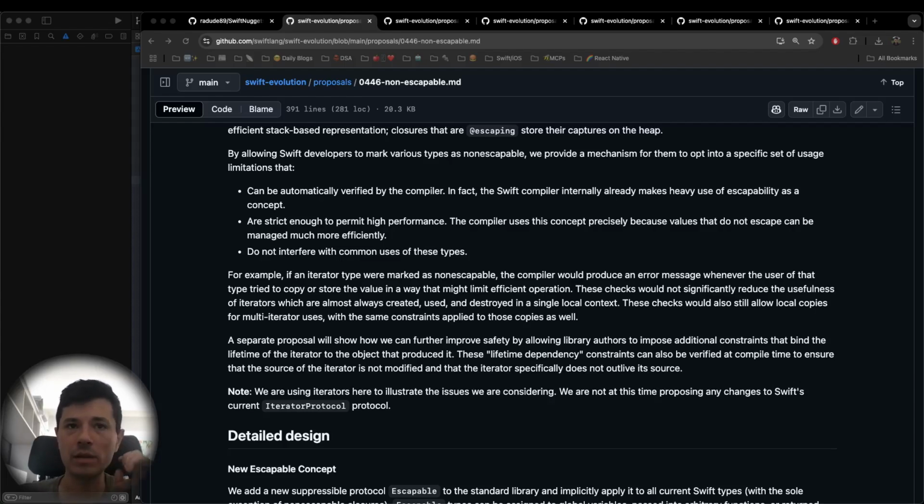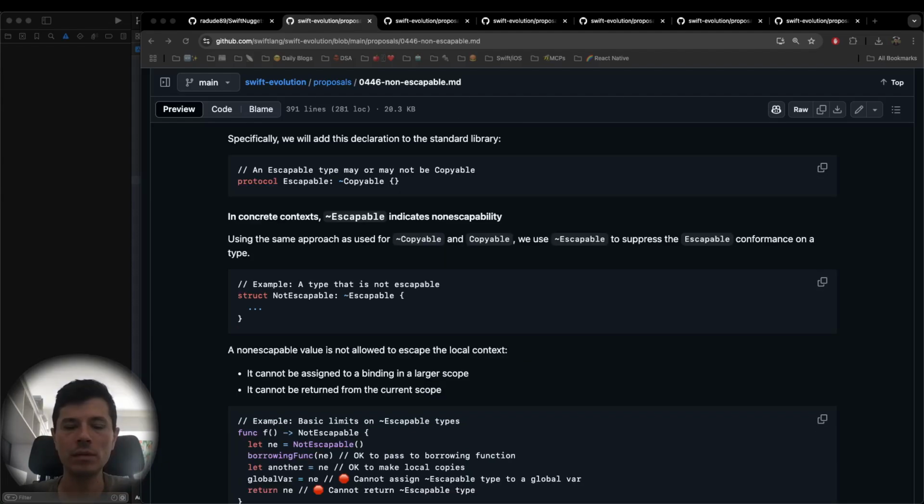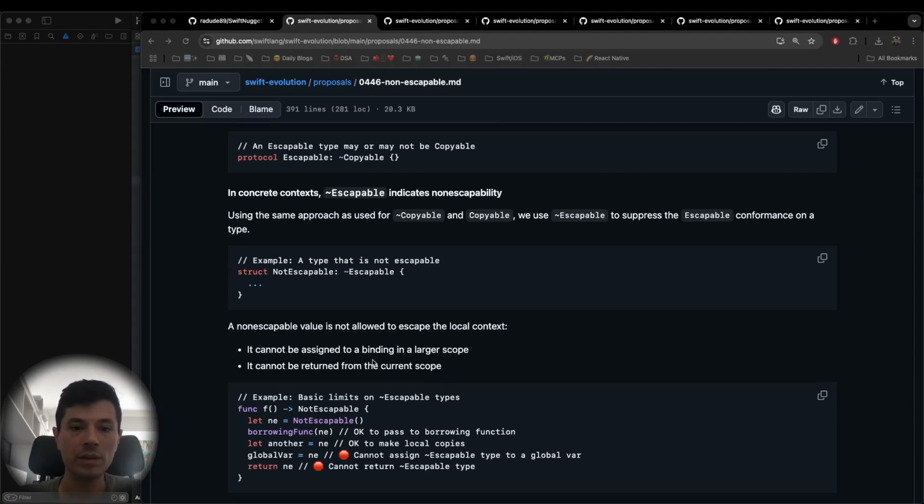But attention, do not think that non-escapable is the same as non-copyable. The variable that you use gets consumed. If you access something from it or you assign it to another variable, then the initial variable gets consumed. You cannot use it anymore. While with non-escapable, you can copy that variable within the local scope. That's important to understand. Non-copyable can't be used anywhere if you pass it by reference, but non-escapable cannot escape the